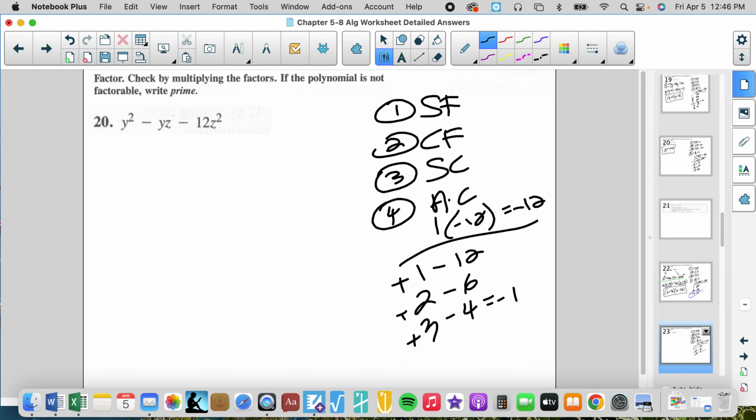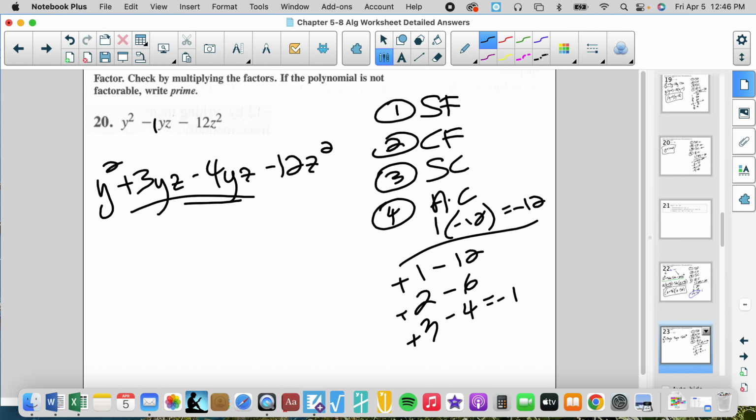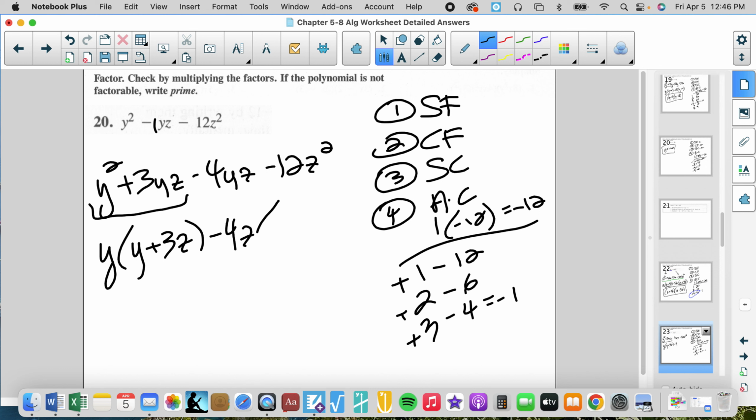And we get negative 1 here, which is our coefficient for our middle. Y squared plus 3yz minus 4yz minus 12z squared. Notice that the sum of these two brings us back to that trinomial. Now we're going to factor by grouping. We're going to factor out a y. We get y plus 3z. We're going to factor out a negative 4z, which gives us,